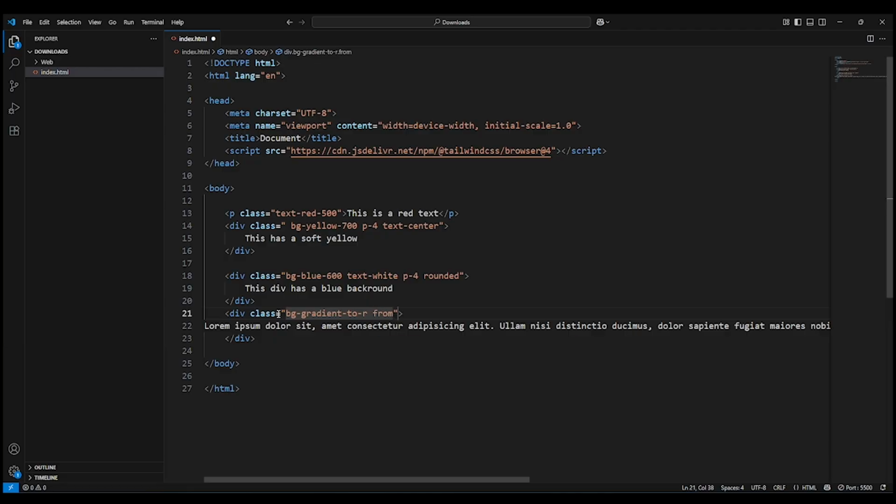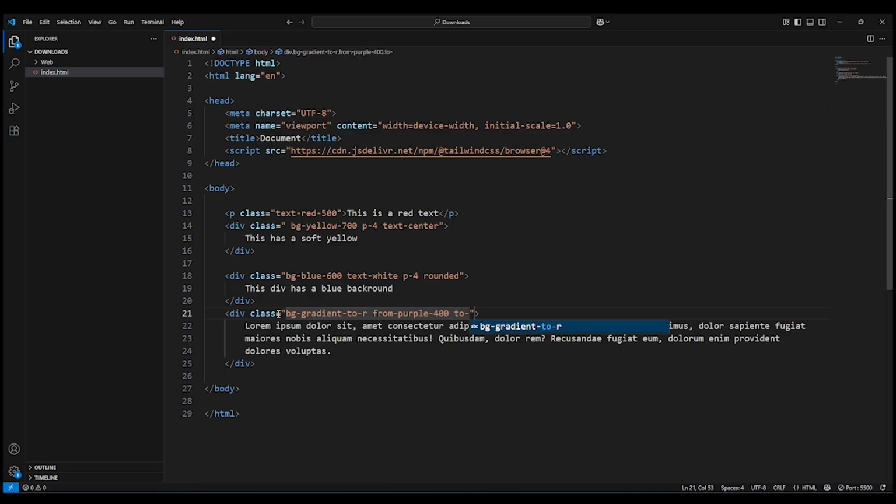Now we're gonna go from purple to pink 300, and we're gonna add text white, padding 4, rounded, like we made in the last